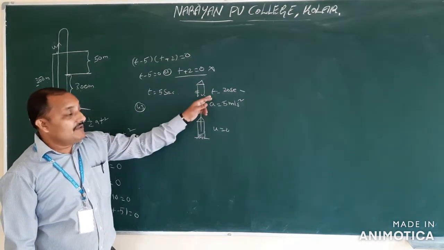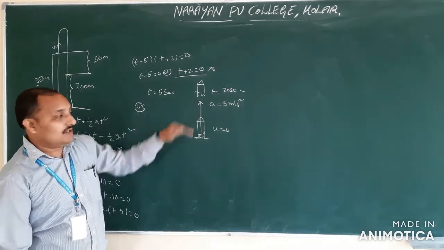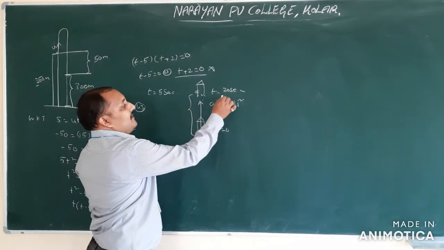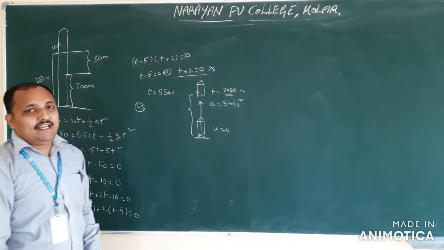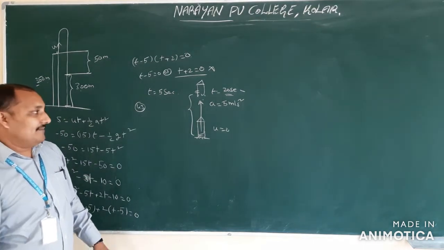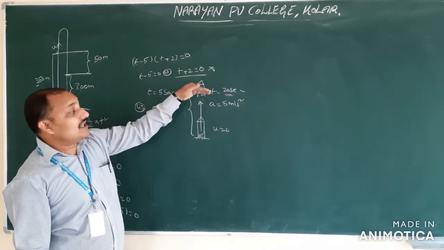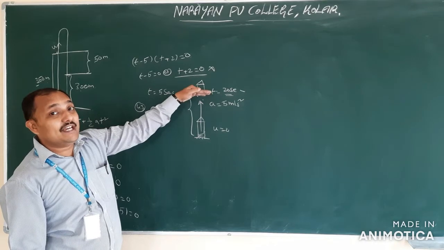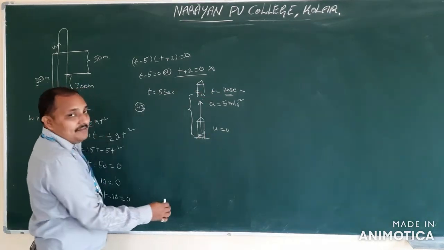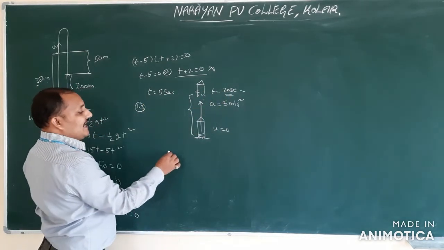Maximum height means before the engine is shut off, it is covering some amount of distance. First we are going to cover that distance. Within how much time? Within 20 seconds, isn't it? That height we have to find. Next, after 20 seconds, how much more height is it reaching? Because after 20 seconds, its engine is going to be stopped. Understood? Within this 20 seconds, how much height is it reaching? First, we are going to calculate that one.